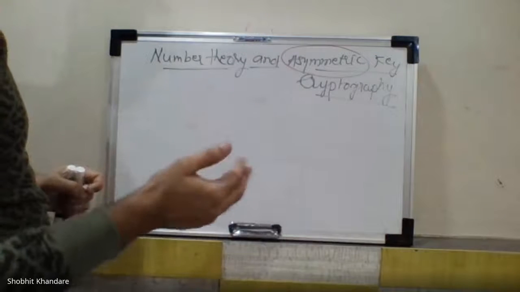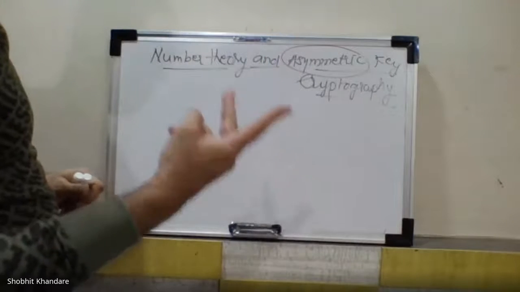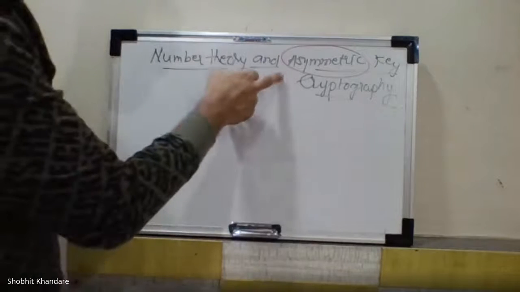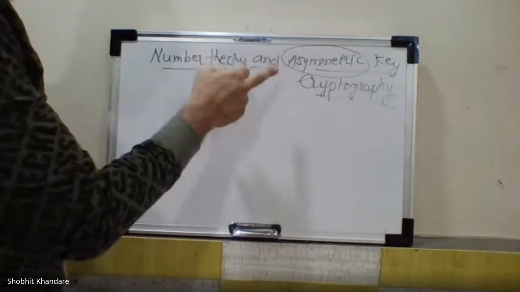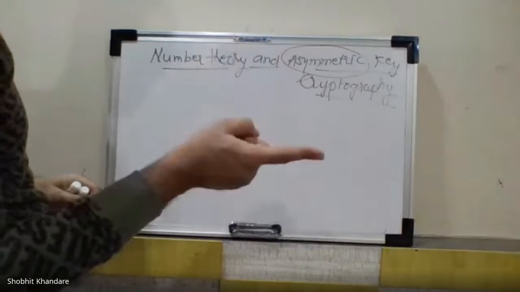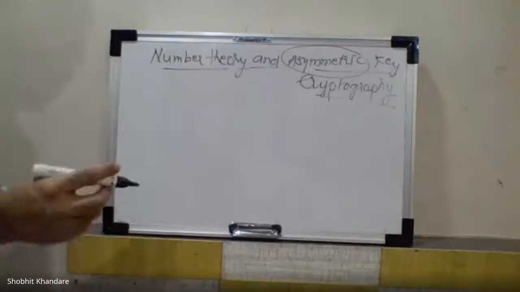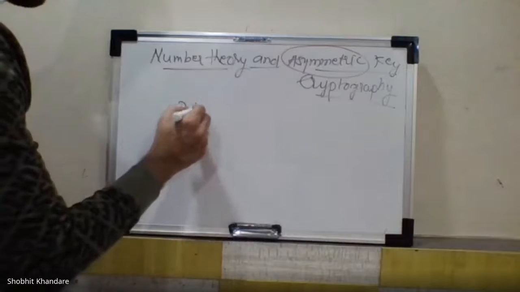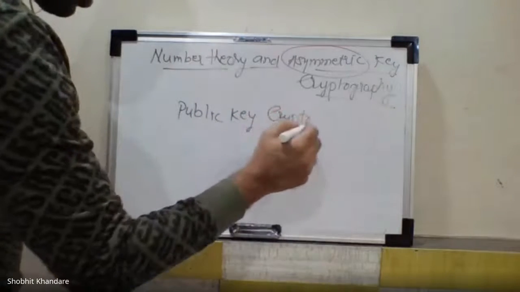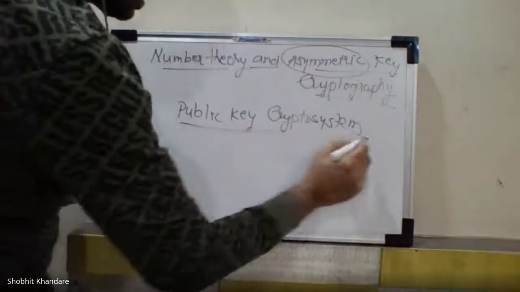And if I'm using the public key at the encryption side, I should use the private key at the decryption side. So two different keys of the same pair is also called an asymmetrical encryption method. It is also called a two key method, because I'm using two different keys, public as well as private. So in asymmetrical key cryptography, we also call this a public key crypto system.